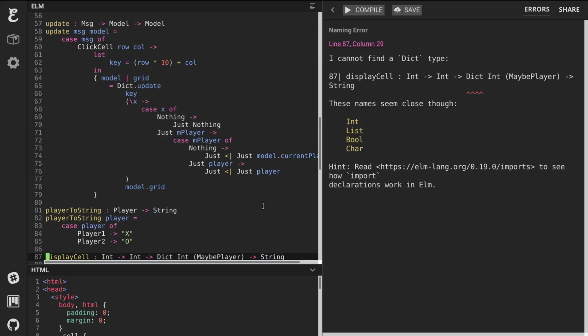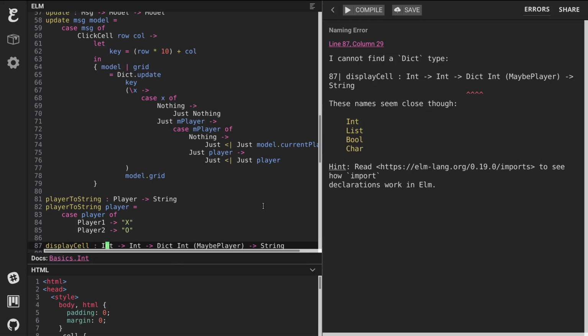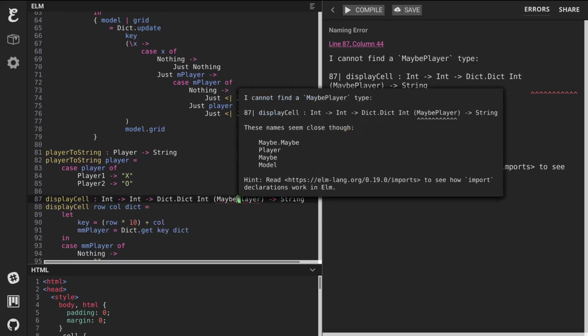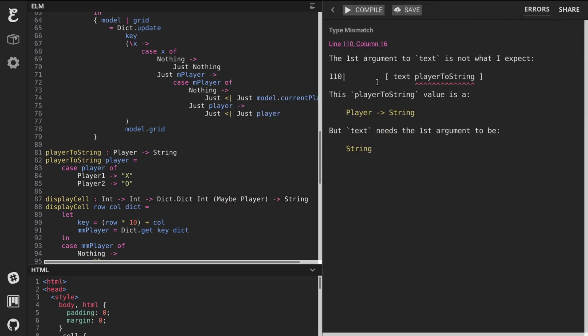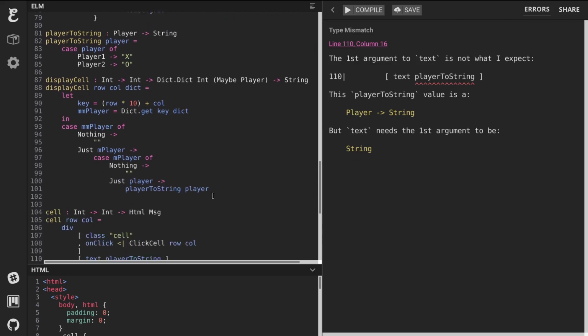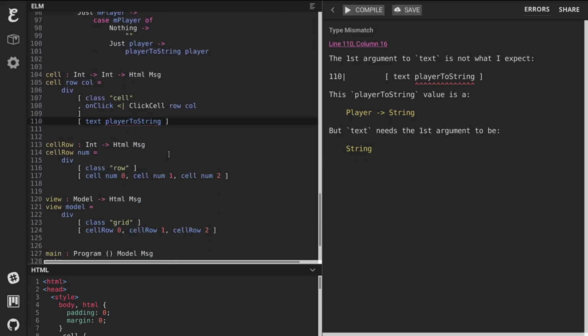Line 87. Let's fix all this stuff. Cannot find maybe. Oh, yuck. I was typing too fast. First argument text player to string. Oh, dumb. Player to string. I need to actually give it